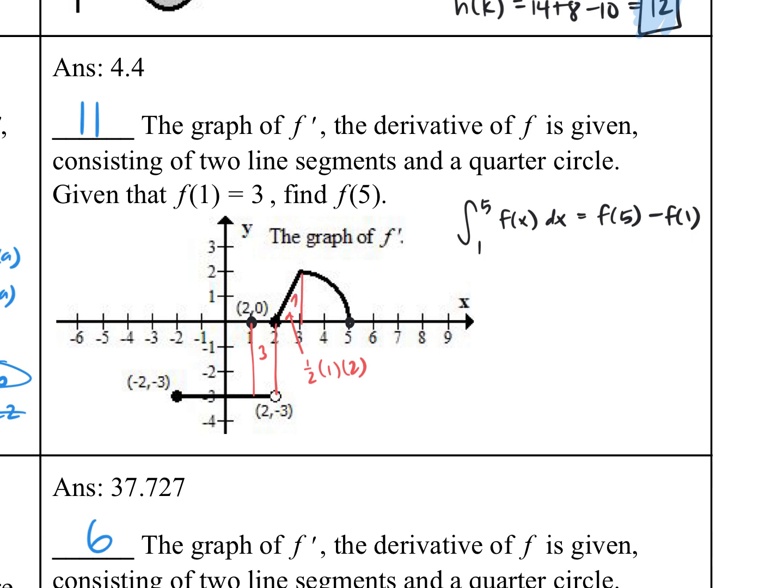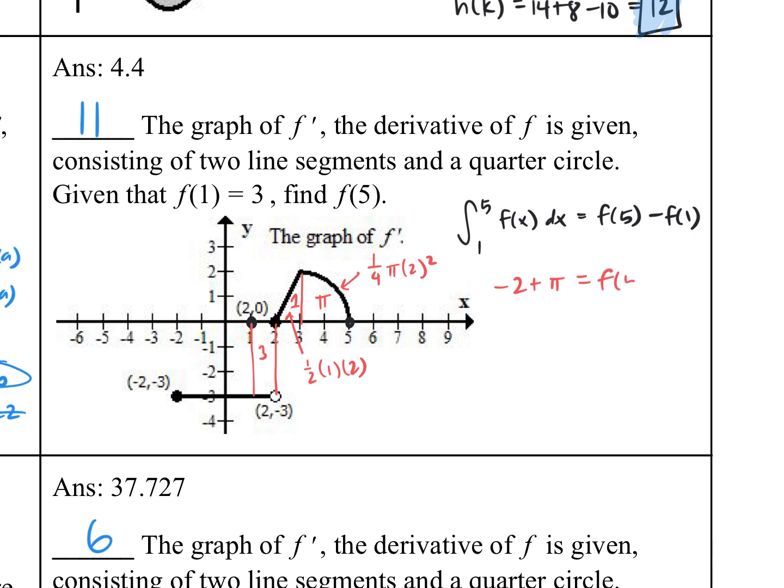So this is going to be 1, and then this one would be 1/4 pi r squared, which is going to equal pi. So my accumulation on the left side there is going to equal, let's see, this is -3 plus 1, so that'll be -2 plus pi is equal to